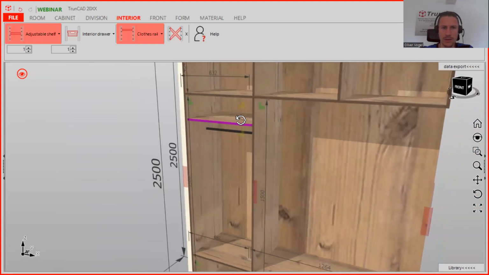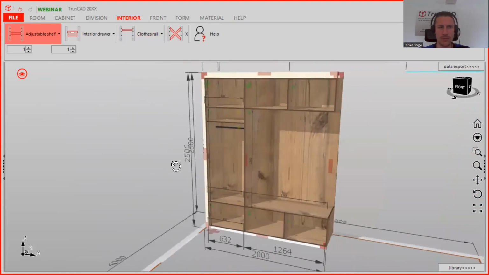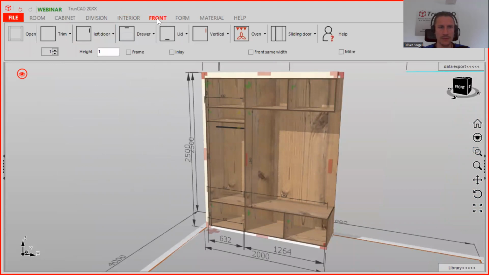So, here we are. Then we are also done with the interior, and I think this is clear. If not, just let me know in the chat. All right, so the next step is we are going to the front tab, and we will now set